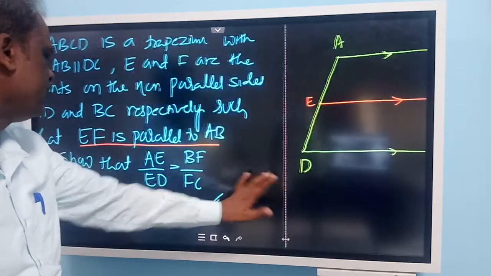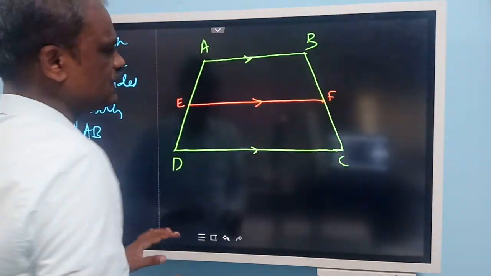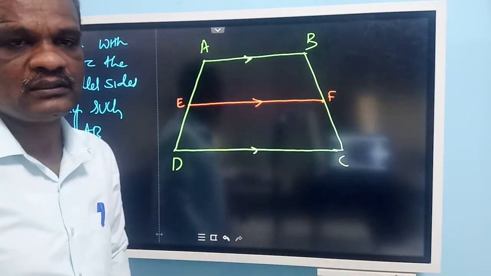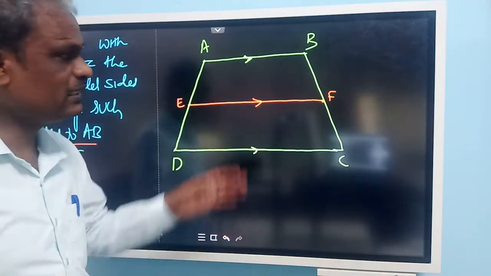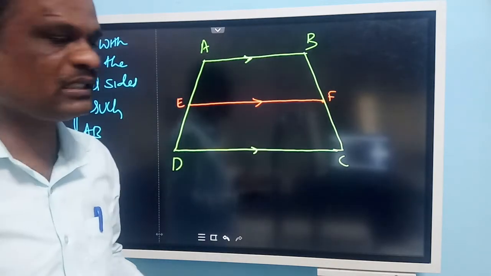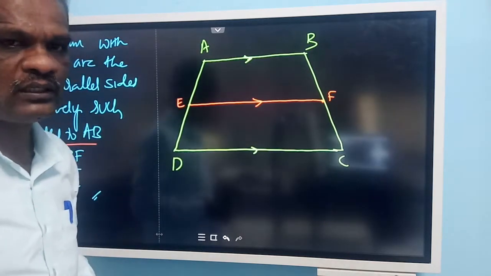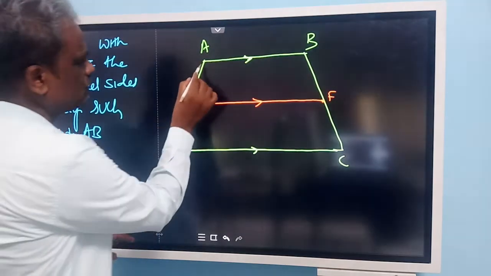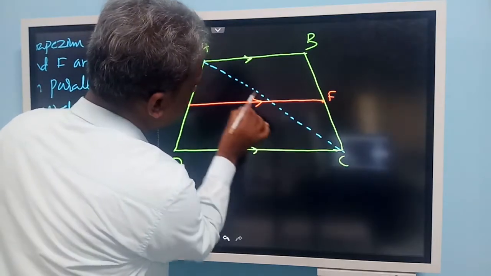Now we have to prove that AE by ED is equal to BF by FC. In Thales theorem, which we discussed, Thales theorem is mainly related to the triangle, and a parallel side should be there. But here we don't have a triangle, we have a trapezium. You cannot apply Thales theorem here to a trapezium. We need a triangle. For that, what we have to do is construct something to get a triangle here. So let us join this line AC so that you will get triangles.